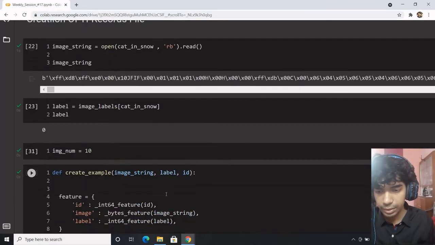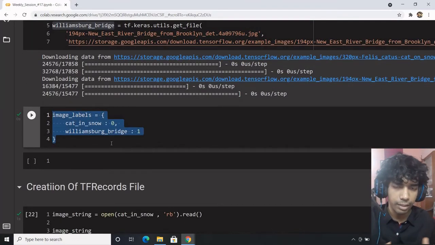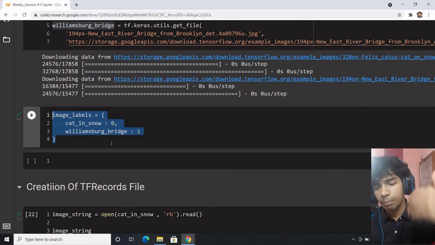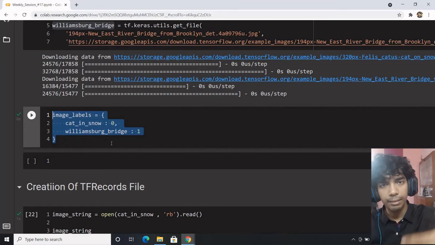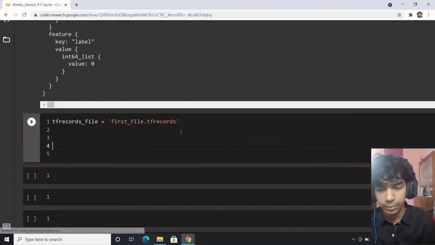So let's say you don't have a dictionary. Here we just created a dictionary of all the images, but usually won't be having the dictionary. So what you would be doing is looping through the directory of the data, reading the image, reading the label, and passing it to be read and generalized as an example. So what you do is